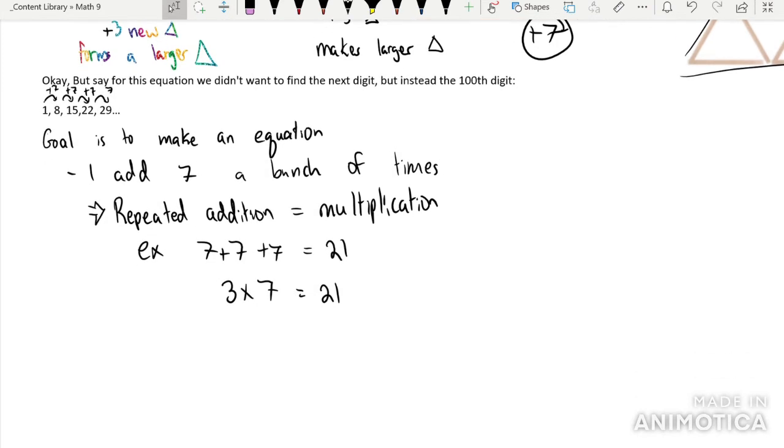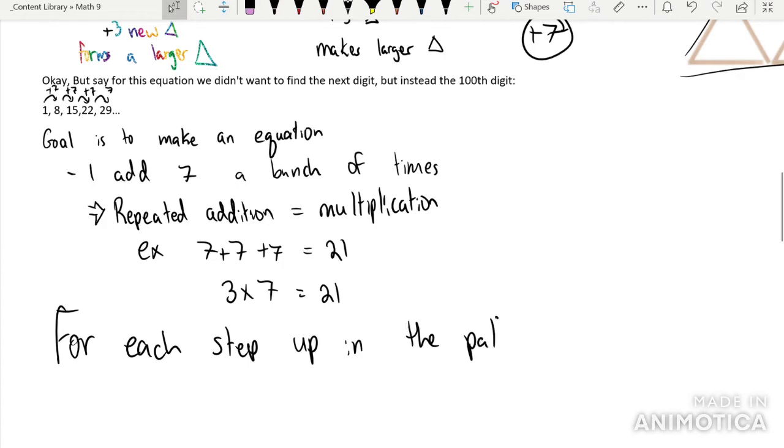So what I notice here is that I'm going up by some amount. So for each step up in the pattern, I go up by 7. So a good place to start would be my total equals 7 times x,